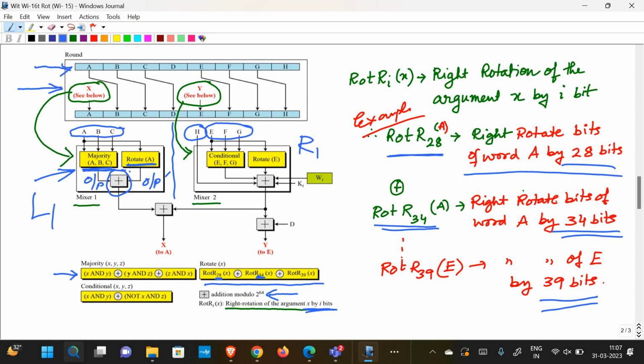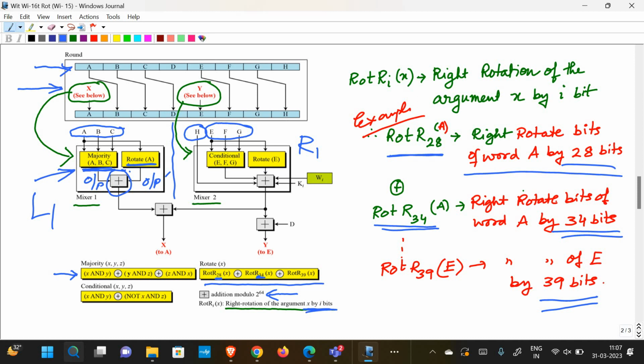So I'll repeat once again what is exactly happening. This is what we are discussing about each and every round under SHA-512. Within that, we are starting with the 8 words A to H. Now, based on that A to H, except for A and E, the rest of them are shifted accordingly based on the diagram. After that, individually, A, B, C are subjected to some kind of a function where